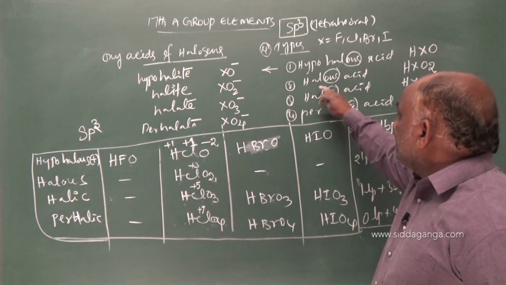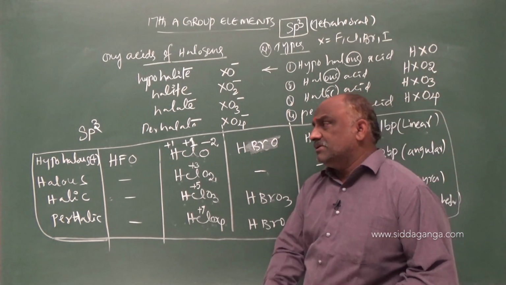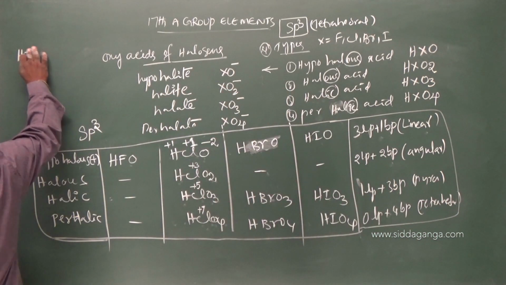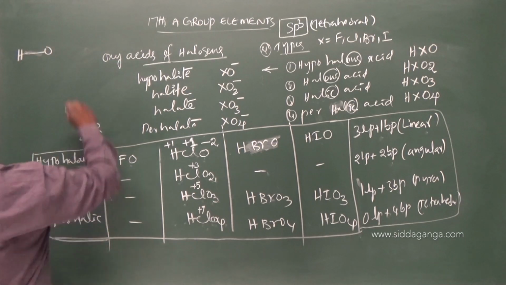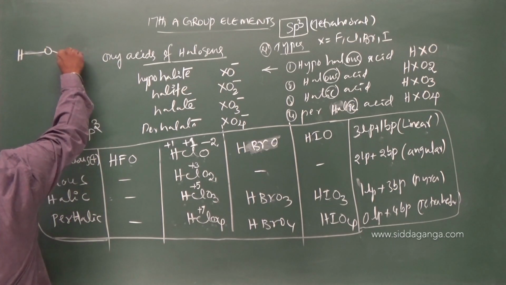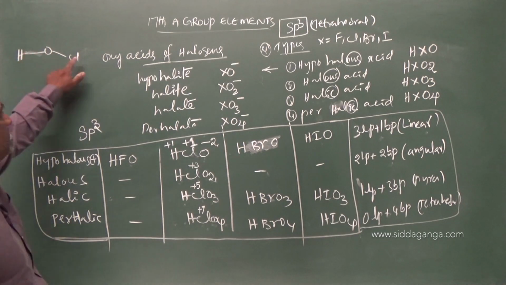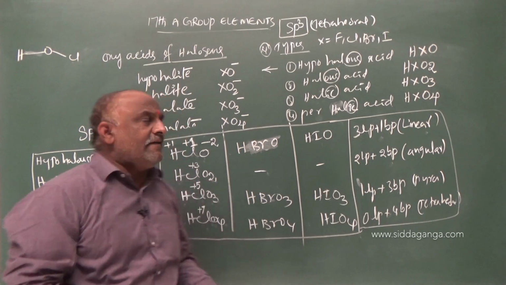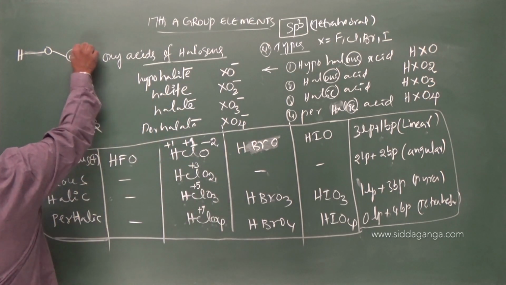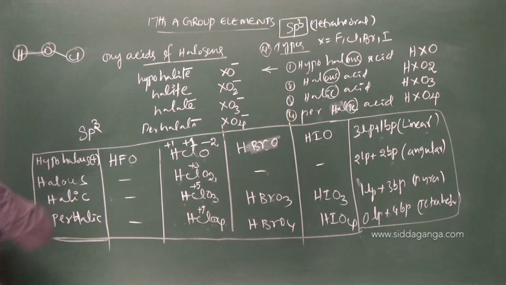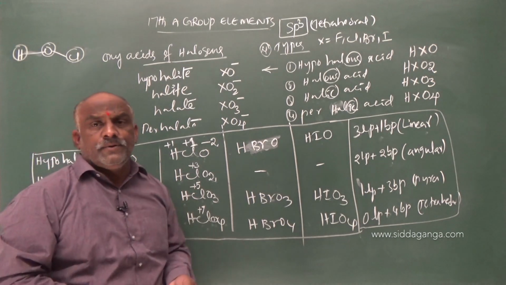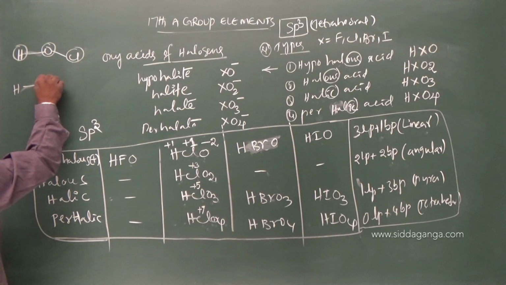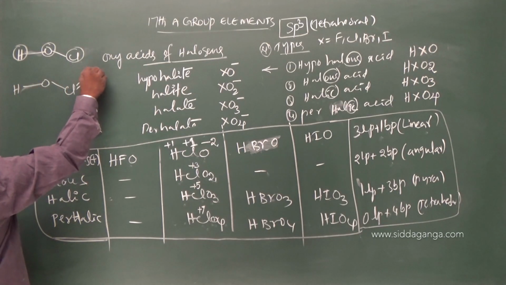While coming to the structures of the compounds, what will be the structure? Linear, meaning H bond O bond Cl. You should write HOCl like this. HOCl is the structure of hypochlorous acid. In the NCERT textbook, some designs are given, rounding off the hydrogen, oxygen and chlorine. For HClO2, H bond O bond Cl, double bond O.